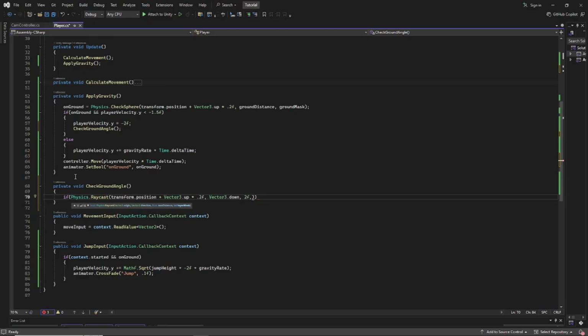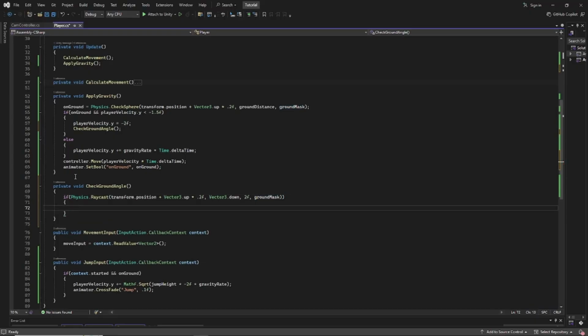And we don't really need to worry about, well, we do need to worry about, let's just do our ground mask, because we're only checking if we're on the ground. We don't want it to affect our player. So if Physics.Raycast from our position up 0.2 units in the direction of down, 2 units hits anything that's on the ground mask, then we will use that information. So we do actually need to come back in here and do an out RaycastHit,